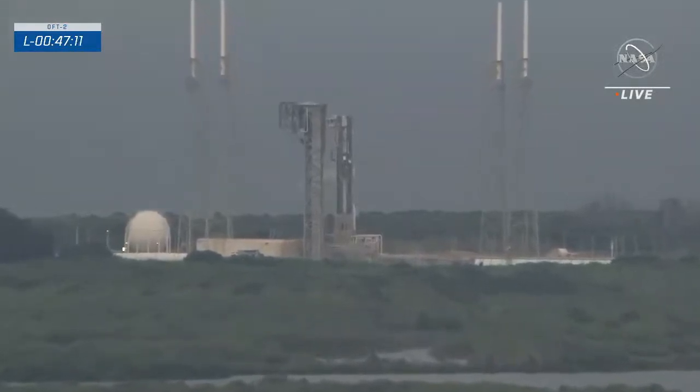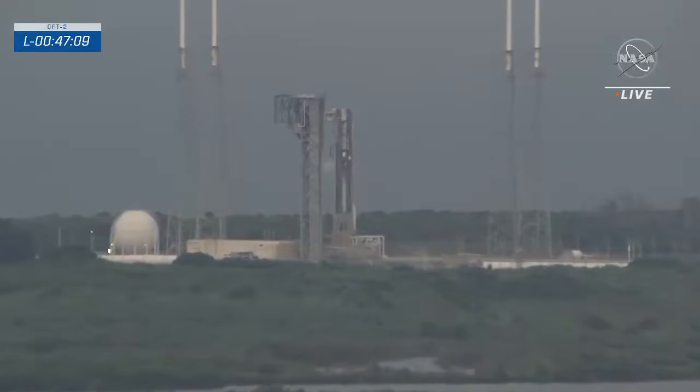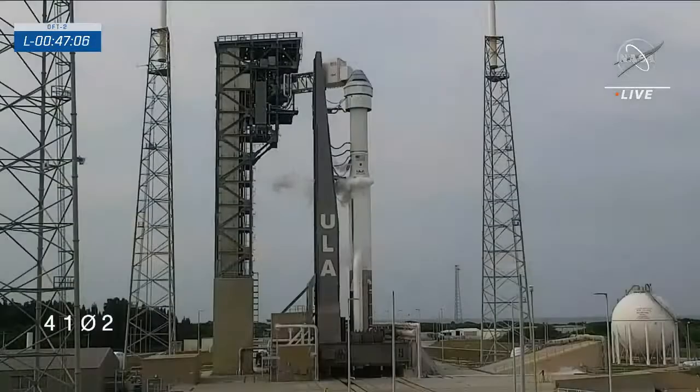Once all that work is wrapped up, the team will clear the pad. This is the 93rd flight of the safe and reliable Atlas V launch vehicle, the second flight of the N22 configuration, the 103rd launch from Slick 41, and ULA's 150th launch overall. This vehicle is equipped with a dual-engine Centaur, a configuration that is uniquely capable of providing all the performance required for Starliner's mission. So let's take a look at some video that we recorded just about an hour ago from